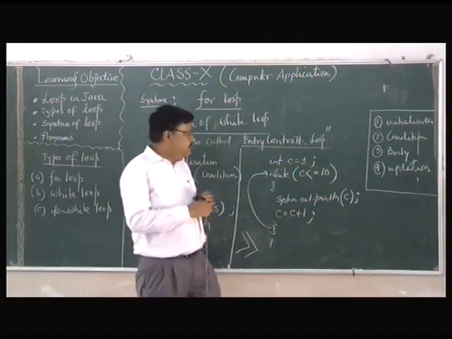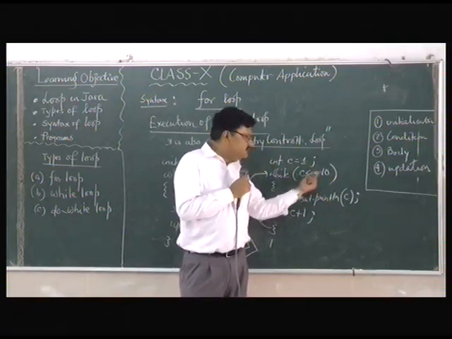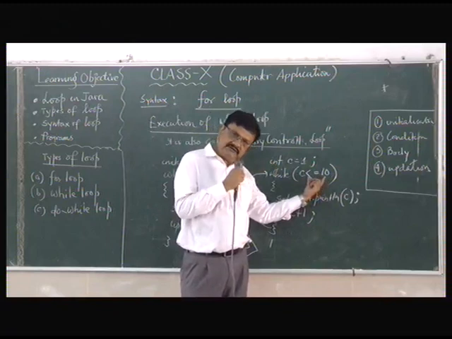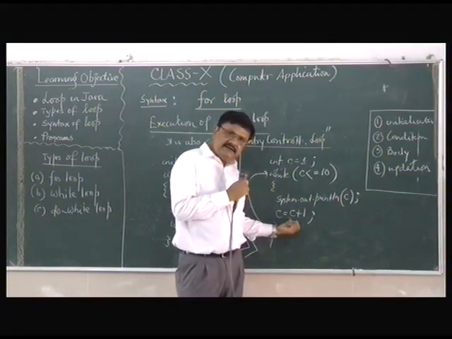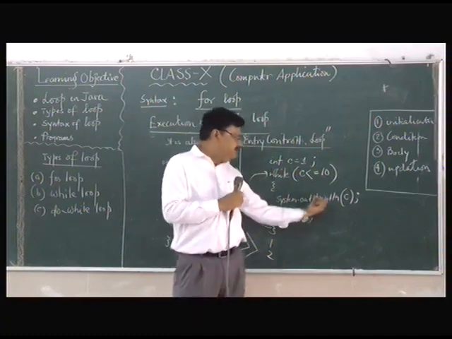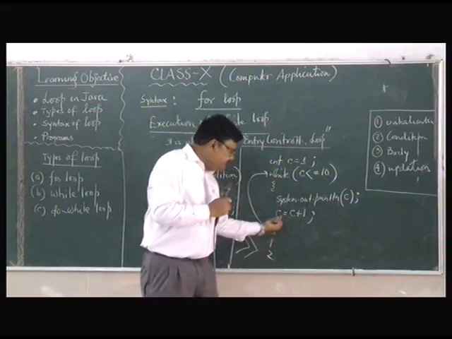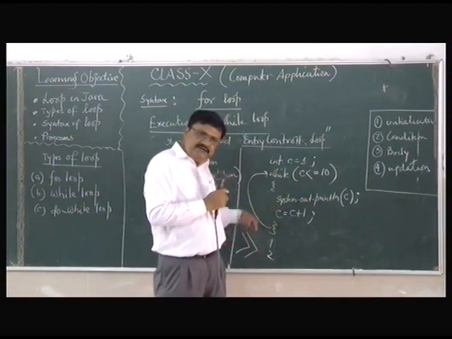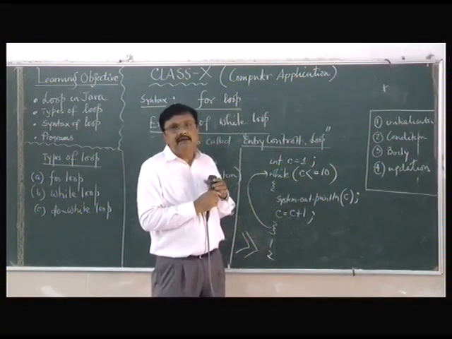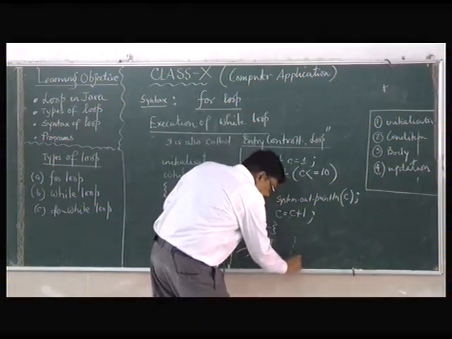Now after the C value becomes 2, then again it is going back to here. Now again we will check for the condition. So what is the C value? 2. 2 is less than 10. So it is true or false? It is true. Again it is going inside, printing the same thing. 2 value is printed. Next line, because println is there. Alright. Now after it prints, then again it will be incremented. Like this process will carry on till 10.